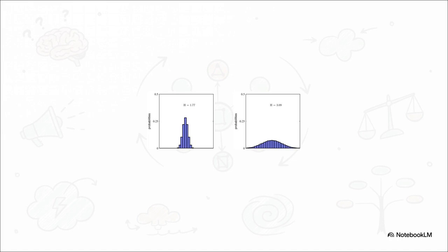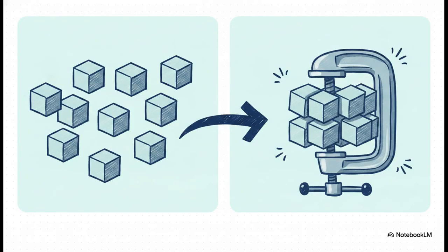Because it's predictable, the entropy, which we denote as H, is a lower 1.77. But contrast that with a wider, more uniform distribution. Since any of those states is roughly equally likely, the uncertainty, and therefore your potential for surprise, is so much higher, giving us an entropy of 3.09. Simply put, a uniform distribution inherently holds way higher entropy than a narrow one. We actually see this in action all the time with data compression.